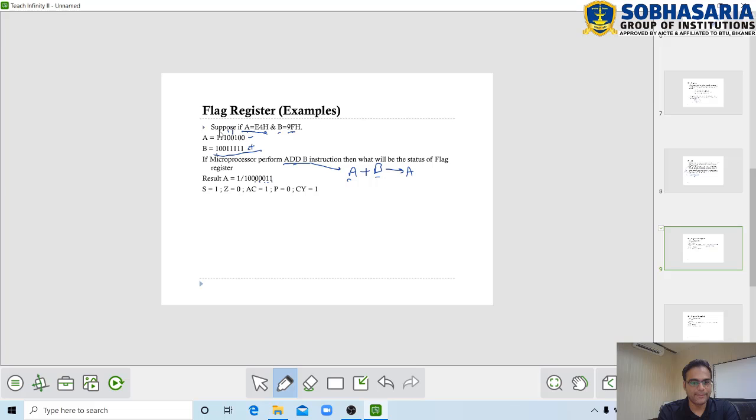In the last, when there is a carry, the result becomes more than 8-bit. It becomes a 9-bit result. Technically the accumulator is an 8-bit register which cannot store a 9-bit result. So this bit, which is nothing but a carry generated from here, is an overflow which cannot be stored in the accumulator.